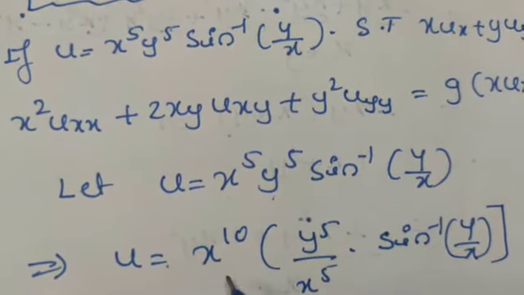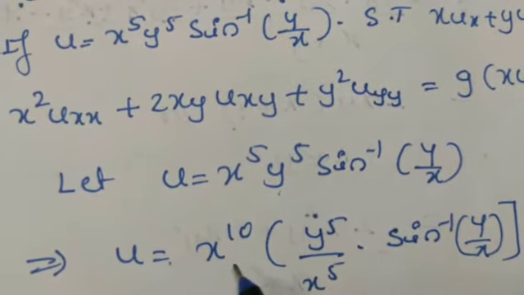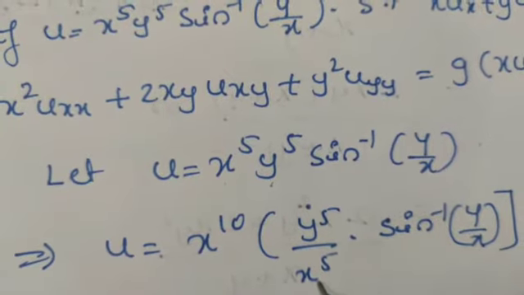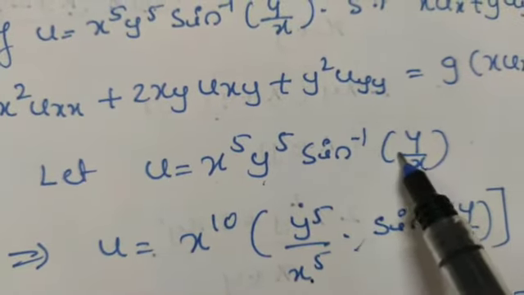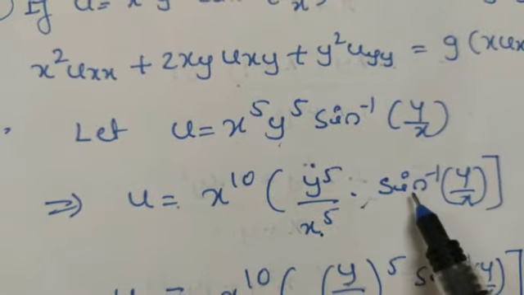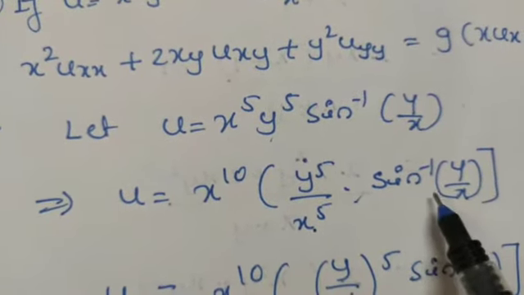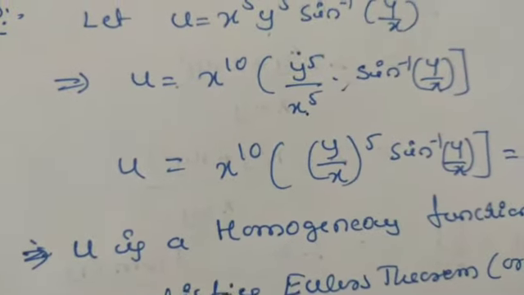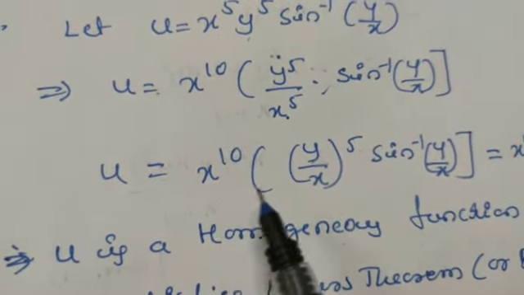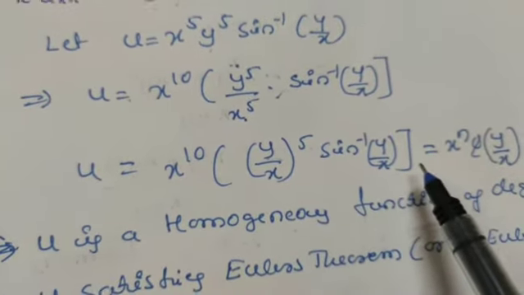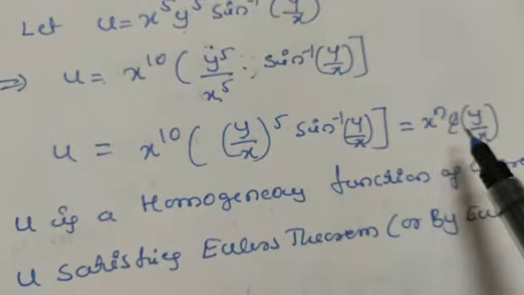So for that, multiplying and dividing by x raised to 5, you will get x raised to 10 into y raised to 5 divided by x raised to 5 into this sin inverse of y by x as it is. No need to divide this second sin inverse y by x also with x raised to 5. So u is equals to x raised to 10 phi of y by x, where phi is y by x raised to 5 sin inverse of y by x. It is in the form of x raised to n phi of y by x,